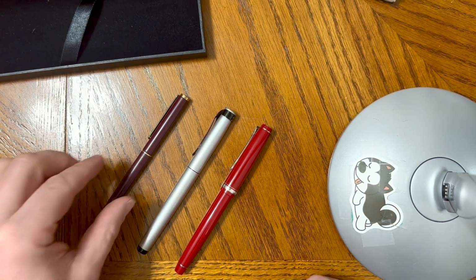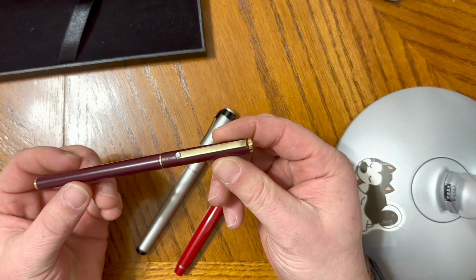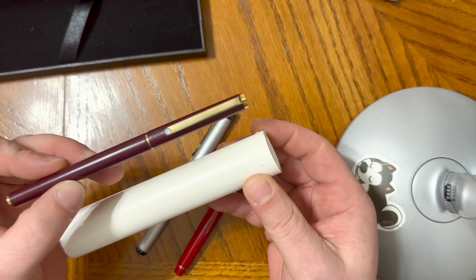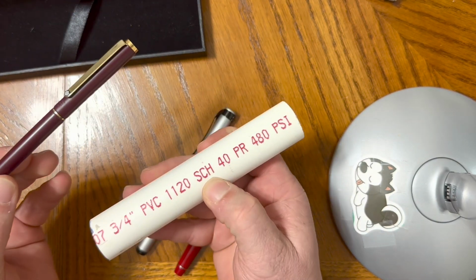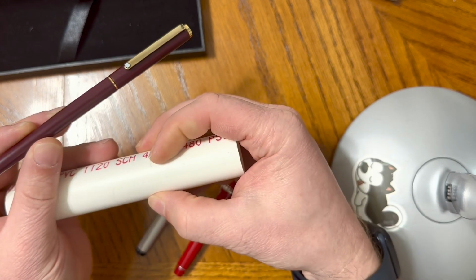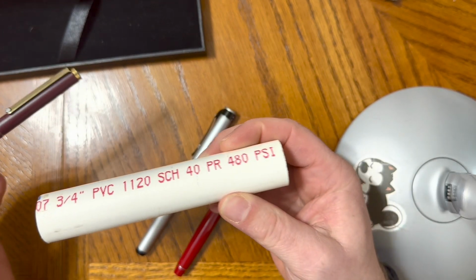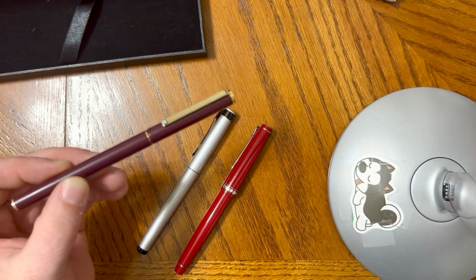Yeah, guess what? I paid $55 for this pen, shipped. Oh, and by the way, when the dude shipped it, he had this bubble wrapped inside of a piece of Schedule 40 PVC pipe. So bubble wrapped inside of here, then bubble wrapped outside of here, then in a bubble wrap envelope. That dude did great shipping, and I had this quick and in my hands,